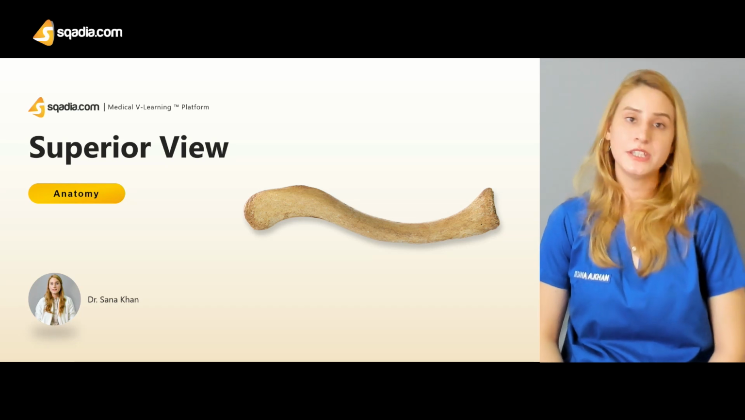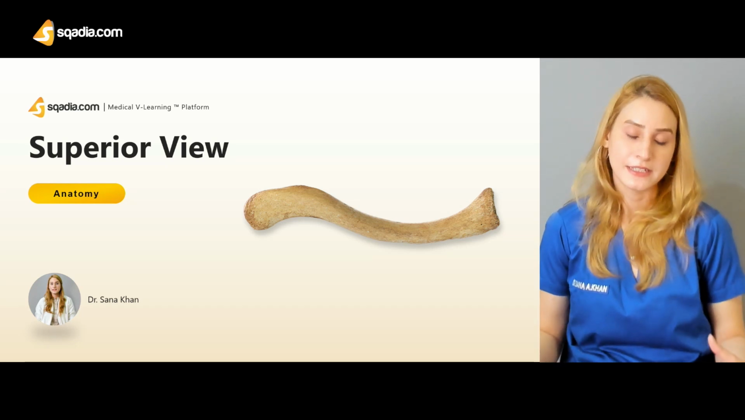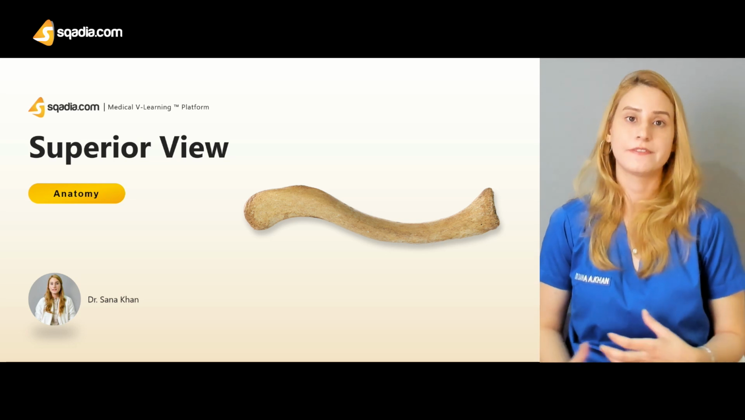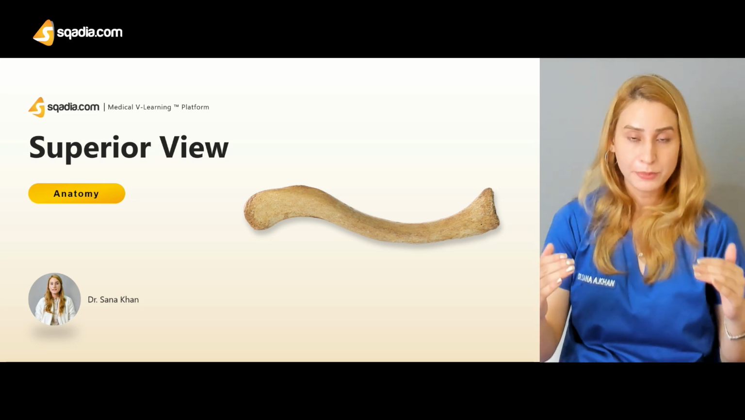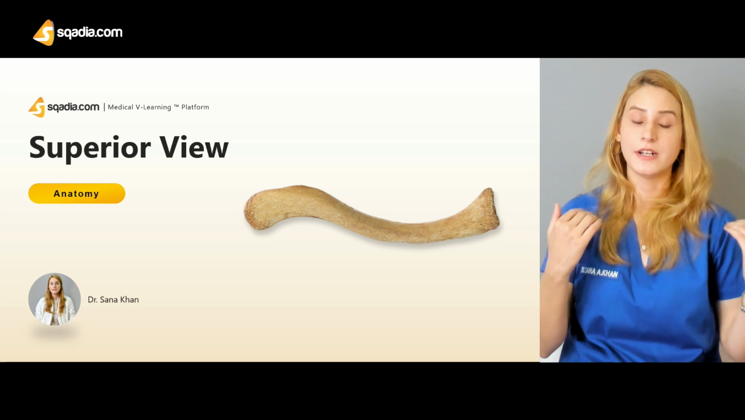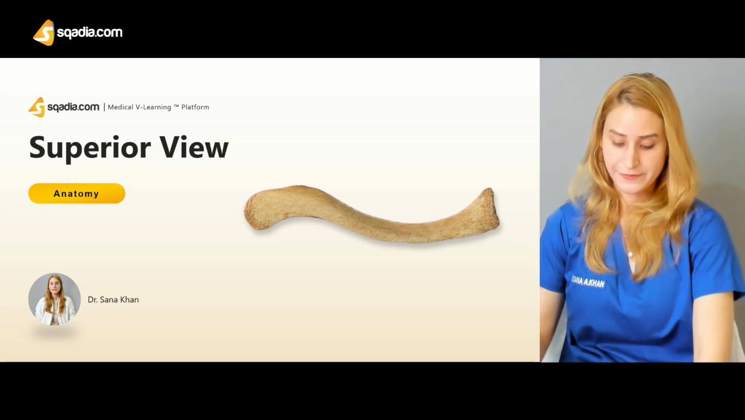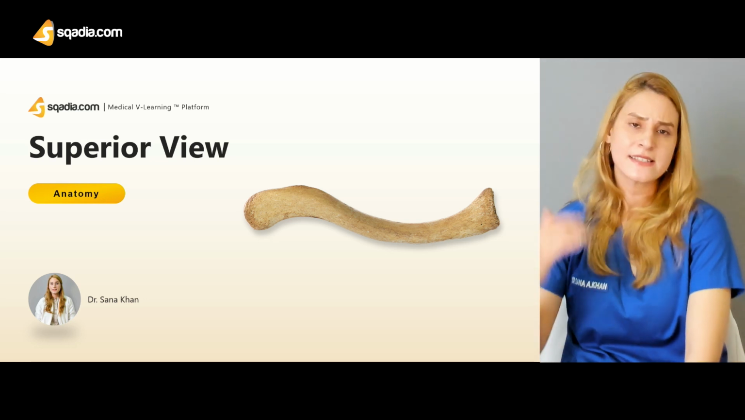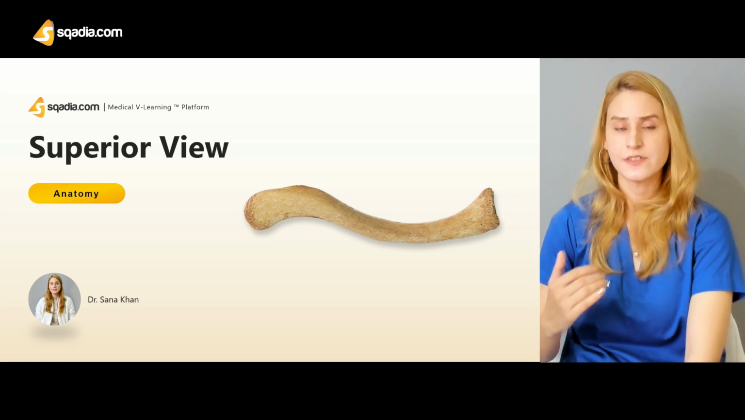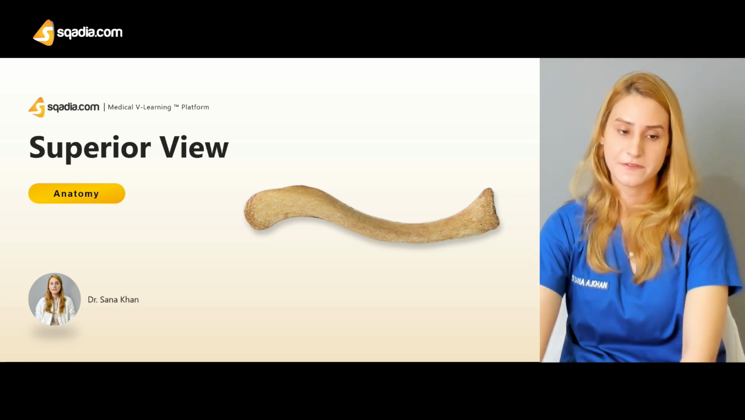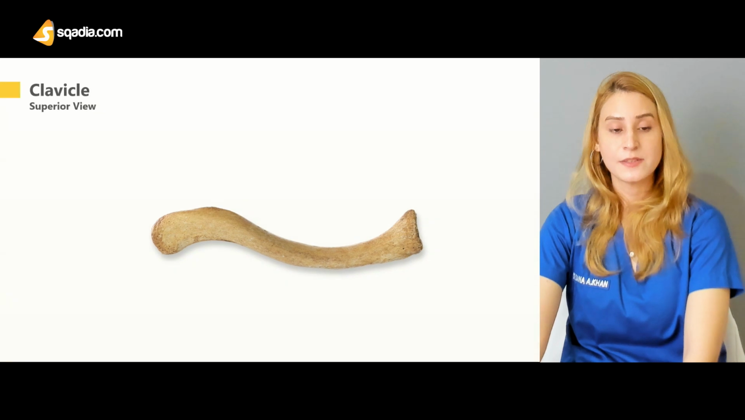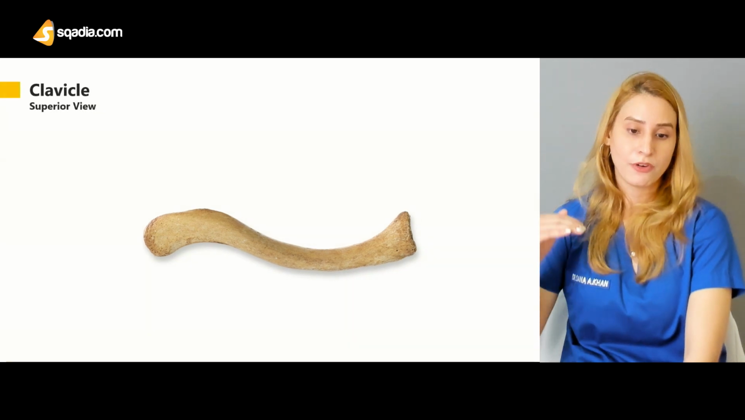Now, talking about the views, or you can say the surfaces, of the clavicle, you have a superior view, an inferior view, then a posterior and an anterior view. Or you can say superior surface, inferior surface, anterior surface, and posterior surface. So starting with the superior view,